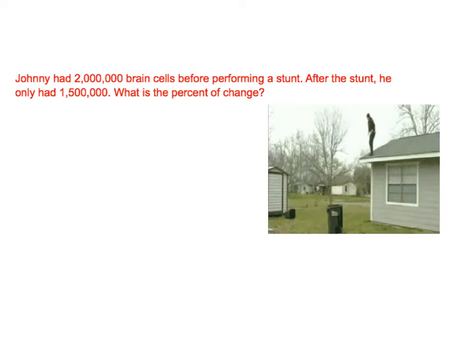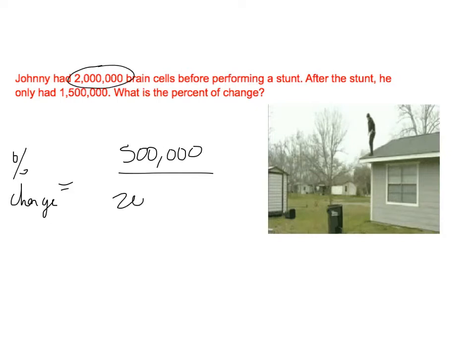Well, it's obviously going to be a percent of decrease. And so the percent of change is found by taking the amount of increase or decrease. He's going from 2 million to 1,500,000, so it's a decrease of how much? It's going to be a decrease of 500,000 brain cells divided by the original. He started with 2 million, and then we just divide. 500,000 divided by 2 million is going to get you 0.25, and we're going to change that to a percent, and it's going to be 25%